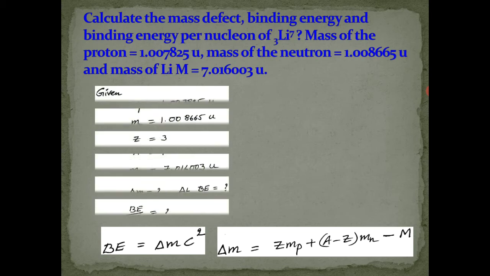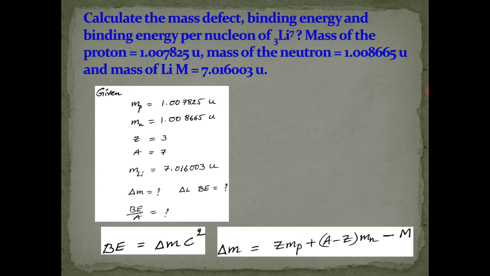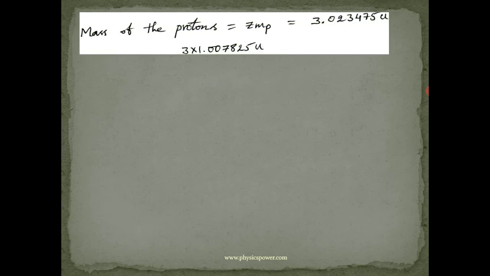So to find that, if you see the given data, mass of the proton, mass of the neutron we already mentioned here. Further, lithium atomic number 3 and mass number 7 is also given. So now if you can get the mass defect, with that you can find out binding energy, and with that binding energy per nucleon. So let us see the mass defect. To get it, we should have total nucleon mass, nothing but proton mass as well as neutron mass. So for proton mass, number of protons into proton mass. Here number of protons is 3 and mass of the proton is given as 1.007825 AMU.